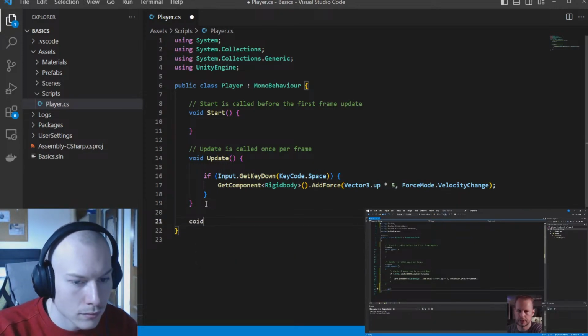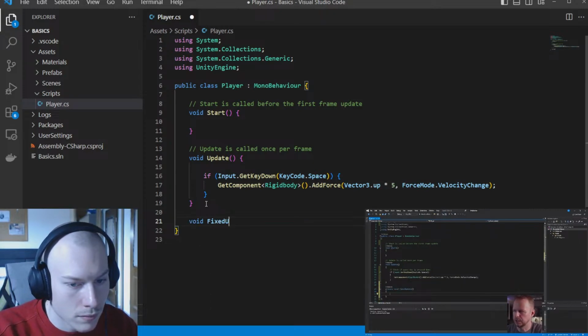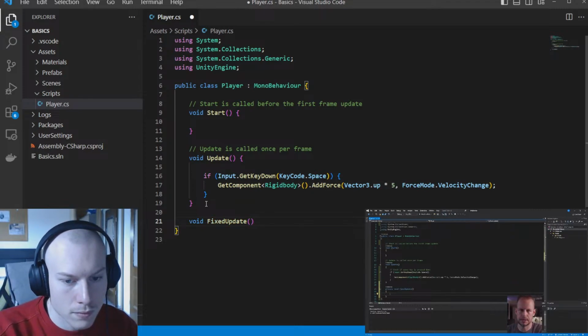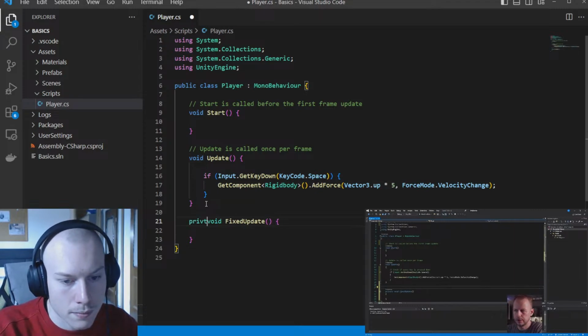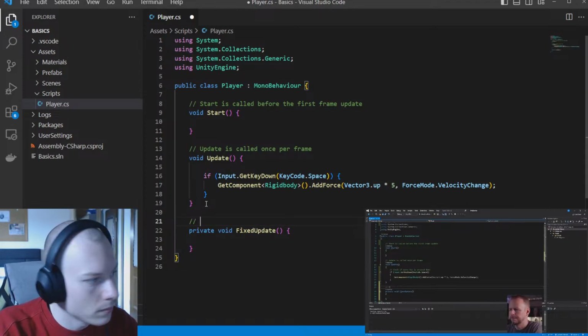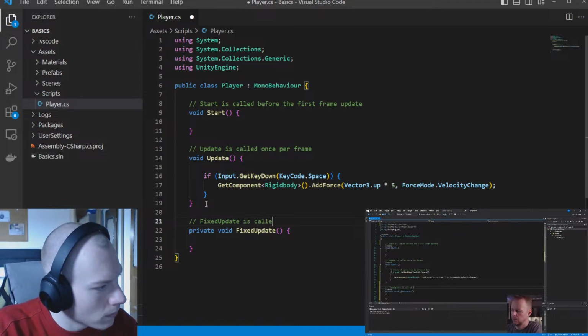But for now, let's do void, remember, because it's not going to return anything. FixedUpdate, and it's suggesting it here. So let's press Tab, and it's already defined this one. We could have left the private keyword out, but it stuck it in there for us. So let's just leave it for now to keep it extra obvious that this is only going to be executed within this little script of ours. FixedUpdate is a little bit different from Update. Even though it runs frequently like Update does, let's put a little comment here to make it extra clear for us. So FixedUpdate is called once every